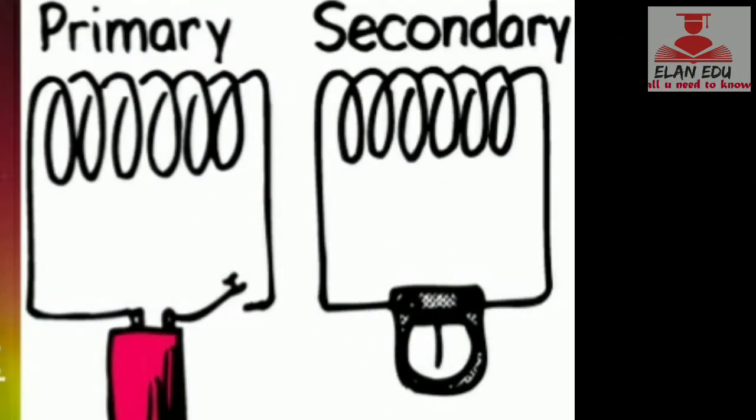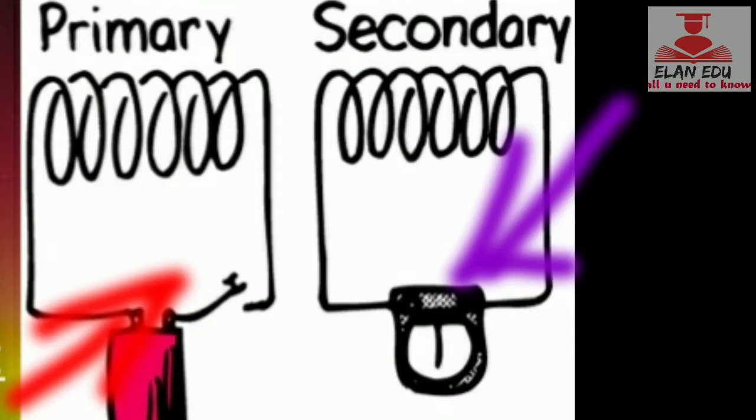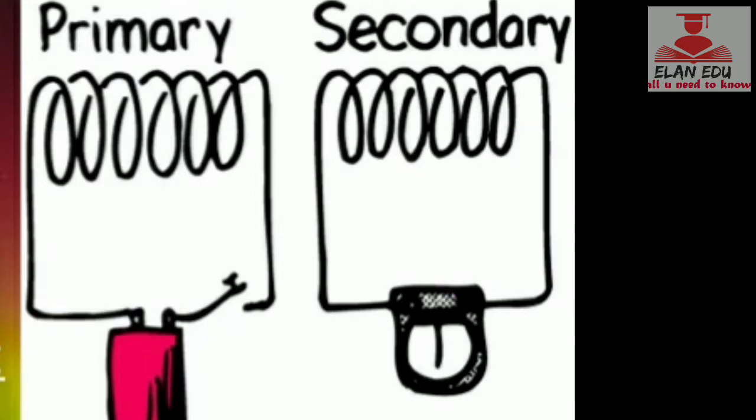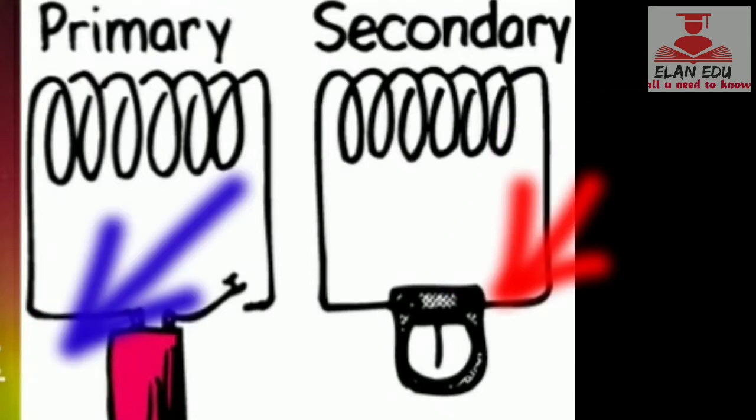Let us learn about induction based on transformers. Transformers have two coils, primary and secondary. Usually the primary has more turns, but the secondary has fewer turns with thick wires. The primary winding is connected to the voltage source, whereas the secondary coil is connected to the galvanometer. When the voltage source is switched on, the current surges through the primary coil, and when the voltage is turned off, the current surges through the secondary coil in the opposite direction, based on the principle of magnetic induction.